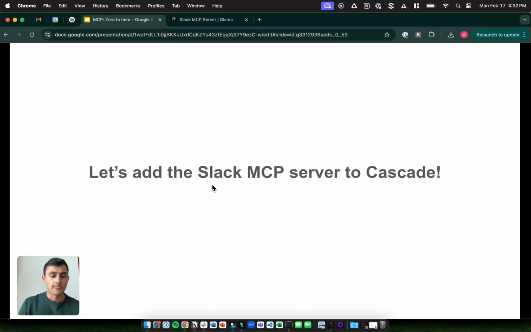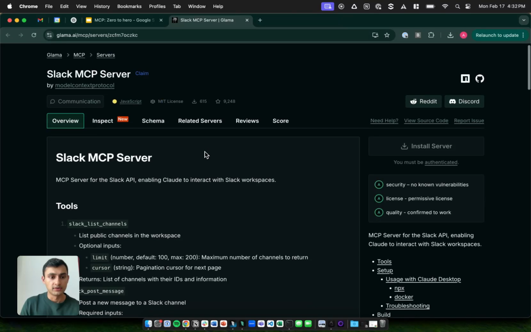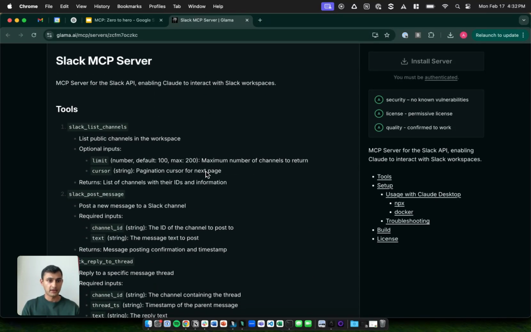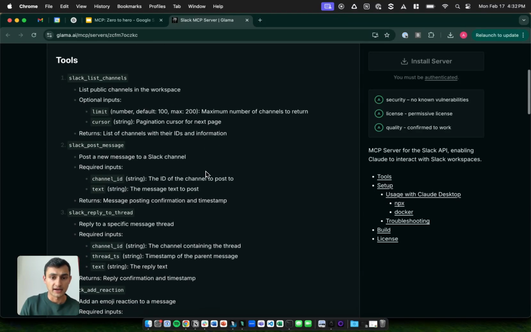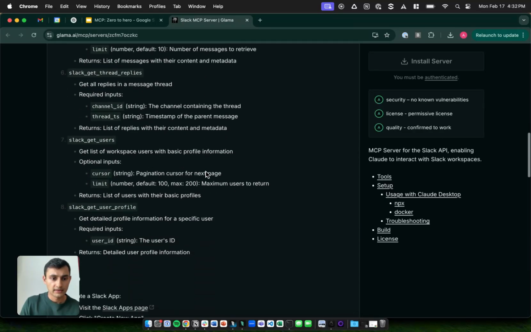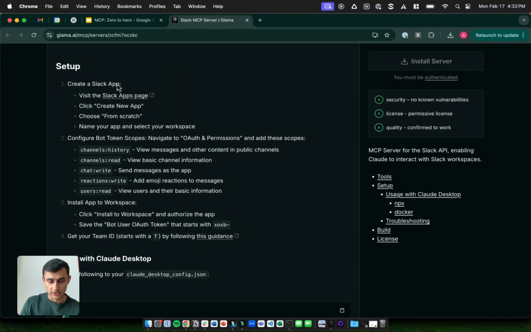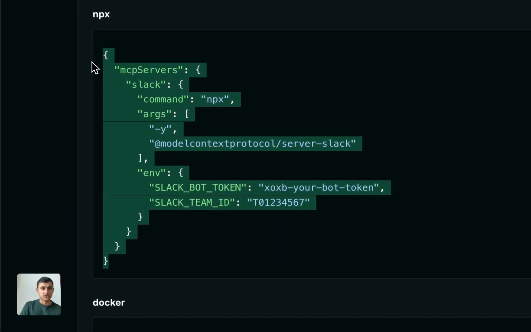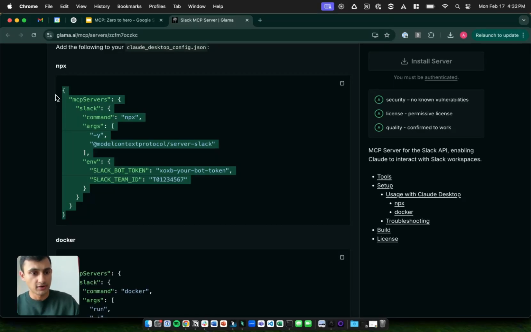So what we can do now is we can go and download, or we can look at the instructions for how to set up Slack's MCP server. Remember that this is just a process that you run. Now, every MCP server is going to have slightly different instructions, and you'll be able to find these online. Here, the first thing that I have to do is actually create a really easy Slack app, which I've already done for the sake of this video. Once I've done that, all I need to do is take this snippet of JSON and add it to my client. So let's go ahead and copy this,